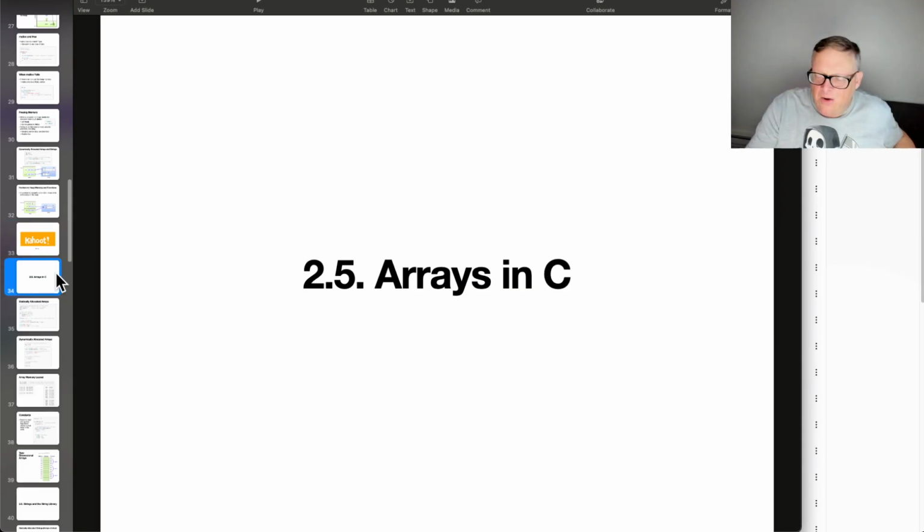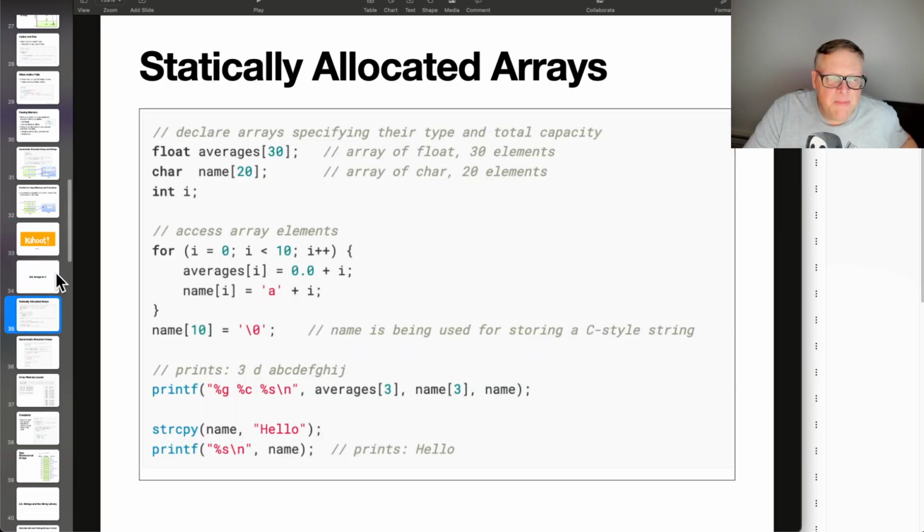So, all right, then you have arrays. We've already used them a bit. So you can define 30 floating point variables, enough for 20 characters, and so on with the square brackets. It starts counting at 0. So if you want to access the array elements, you go from 0 to 10, and you can calculate this average, which is going to be a floating variable, 0 plus I, and then you can set name sub I